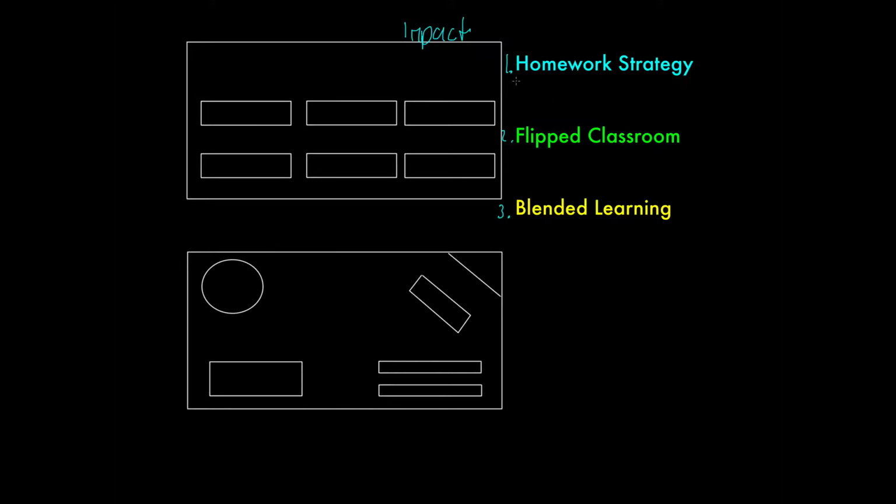So the first 2, number 1 and number 2, homework strategy and flipped classroom, suggest that the classroom stays roughly as it would be in what we might call the average or the typical classroom. That is to say there's a teacher at the front, and there are rows of students, or horseshoes of students, or whatever you've got set up. And the teacher is still in control and releasing information in batches. Okay, so the teacher is still releasing information, setting tasks, timing tasks, moving groups on.